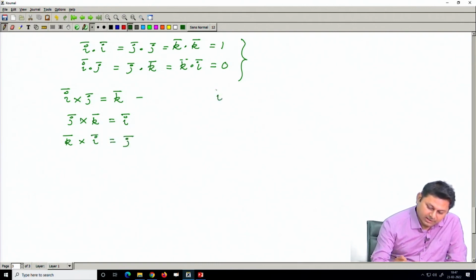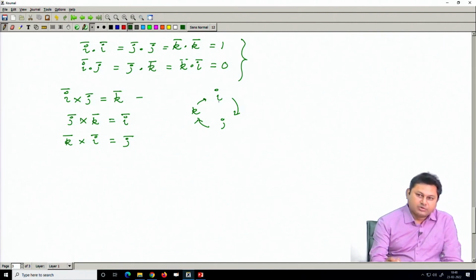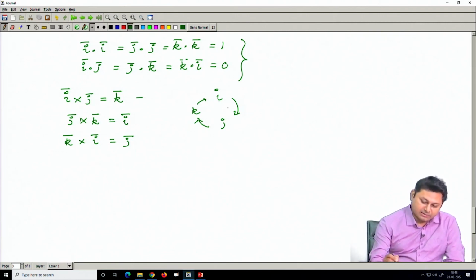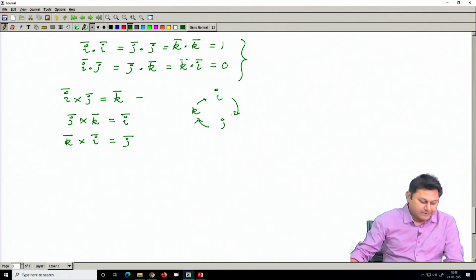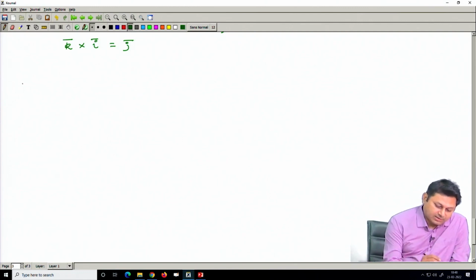They are forming the cyclic thing. i cross j, it should be k, j cross k it should be i, and k cross i it should be j. Well, after that we have a coordinate system which is the cylindrical coordinate system, very very important in electrostatics, and